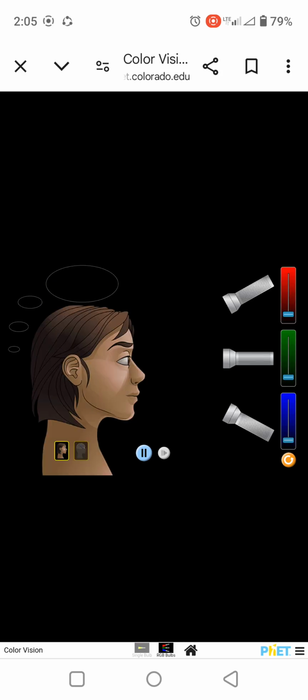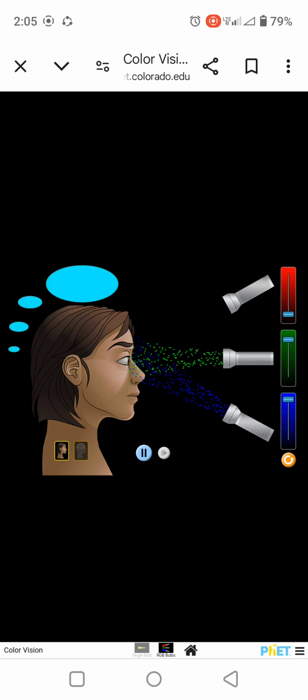Let's choose here. If we're going to combine the color blue, green, and also the color red, it will be equal to color white. If we lower here the color blue, green plus color red is equal to yellow.